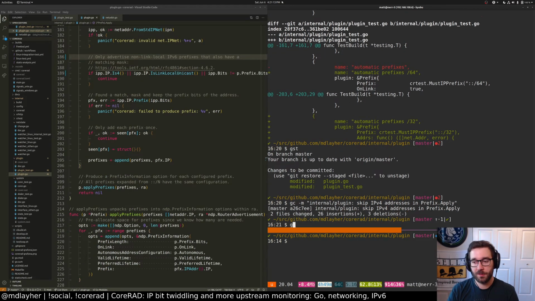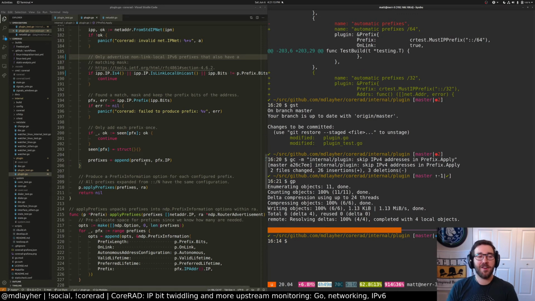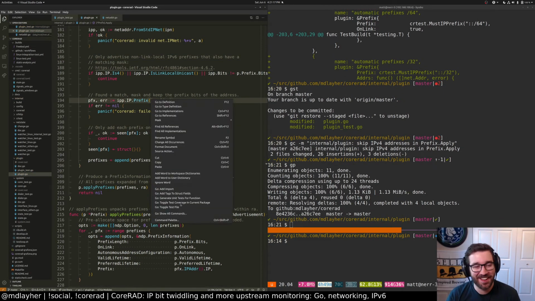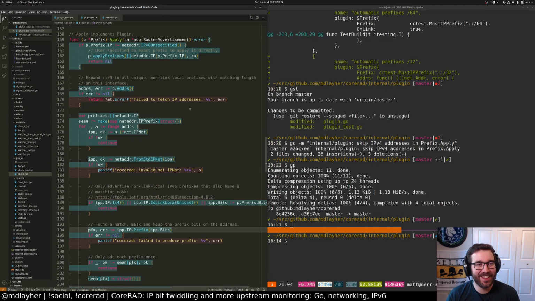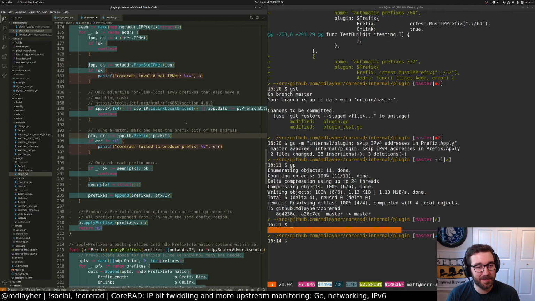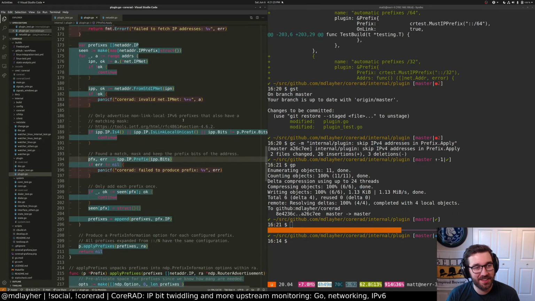Yes. Error can't be non-nil if you don't look. I don't know about that. Wow, what a pain. That's so silly, you know. It's one of those really silly little things you just don't notice.